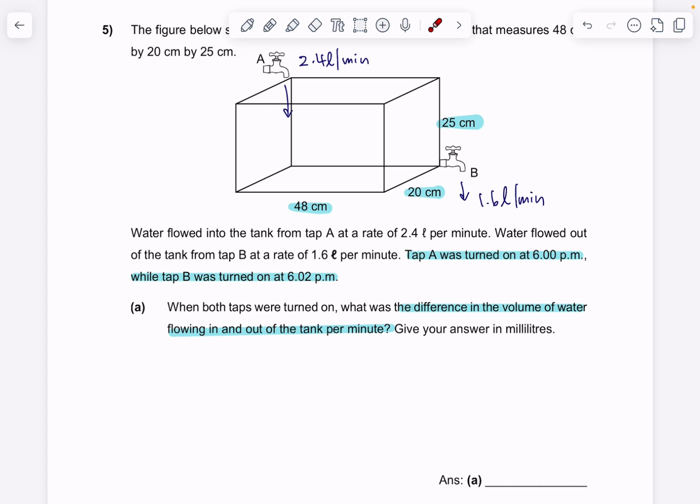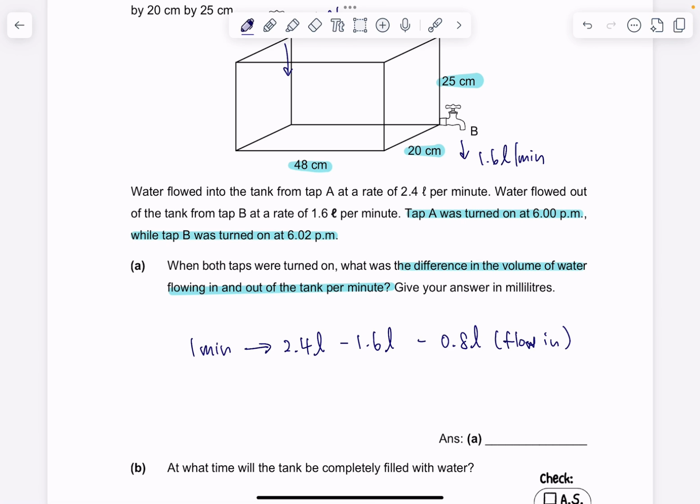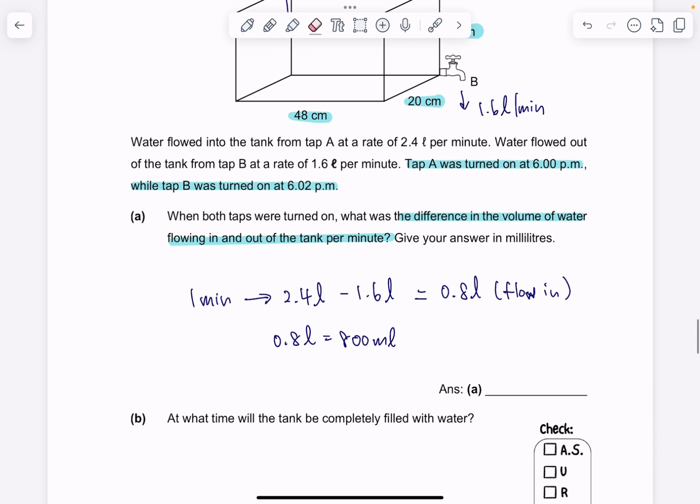So we notice that flowing into the tank is 2.4 liters per minute. So in every 1 minute, we have 2.4 liters flowing in, but we also have at the same time 1.6 liters flowing out. So if we take the difference between 2.4 liters and 1.6 liters, we will see that there will be net 0.8 liters flowing into the tank, and 0.8 liters is equal to 800 milliliters. So that will be the volume. The difference is 800